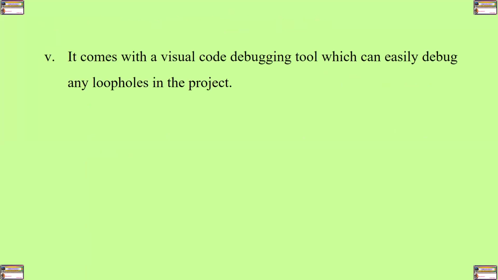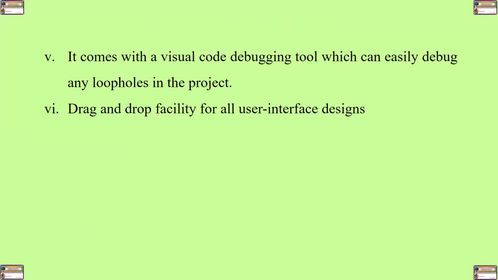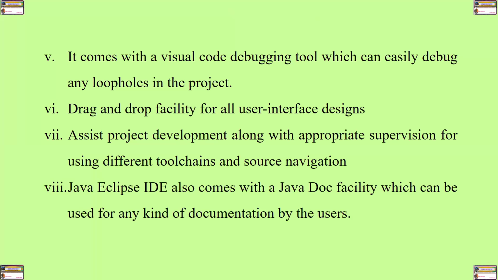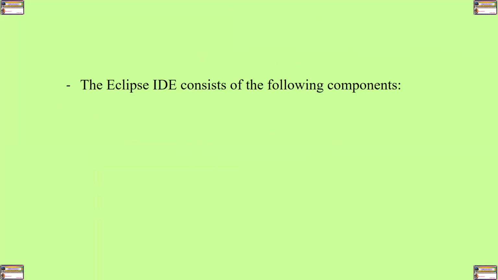It comes with a visual code debugging tool, which can easily debug any loopholes in the project. Drag and drop facility for all user interface designs. Assist project development along with appropriate supervision for using different tool chains and source navigation. Java Eclipse IDE also comes with a Javadoc facility, which can be used for any kind of documentation by the users. Therefore, the Eclipse IDE consists of the following